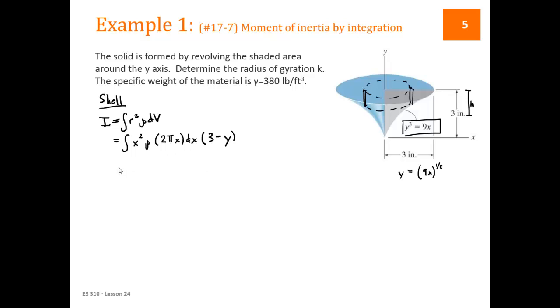And we can plug that in over here, and we get, pulling the constants out, 2 pi rho times the integral of x squared times, actually, x cubed, because there's this x plus that x, so x cubed times 3 minus 9x to the 1/3 dx. We can further analyze this and simplify it. We get 2 pi rho integral of 3x cubed minus 9 to the 1/3. X cubed is the same as 9 over 3, so we get x to the 10 over 3